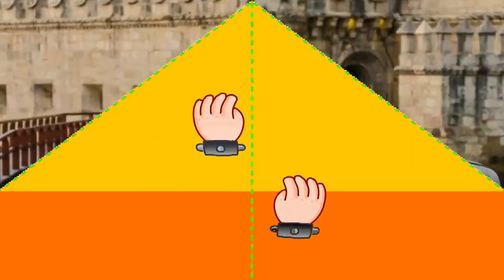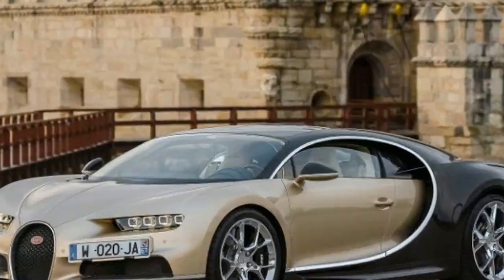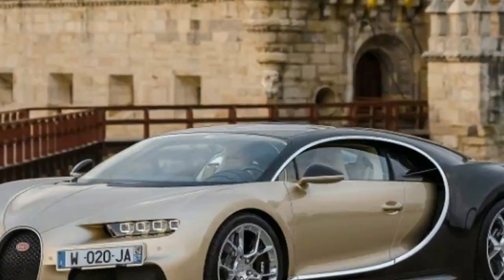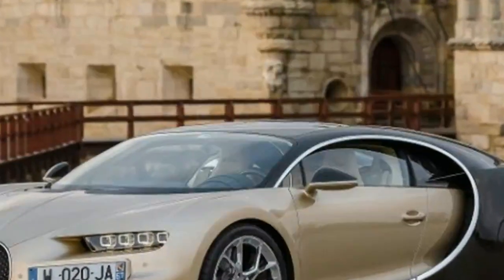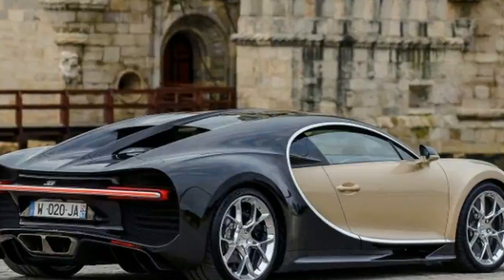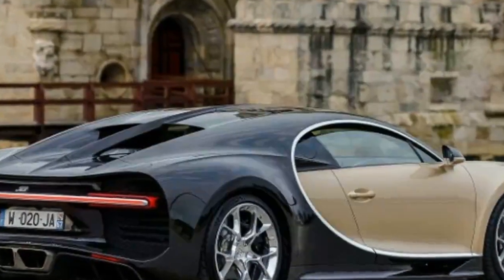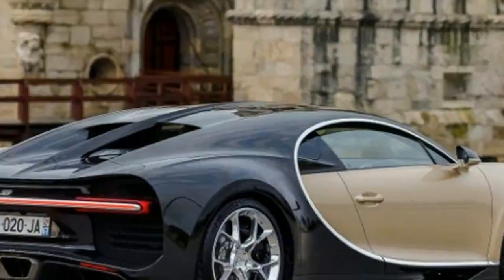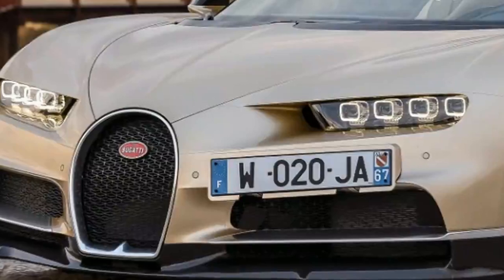For the 500 wealthy souls who will take delivery, the $2,998,000 Chiron is most certainly an emotional purchase. But it's backed by a battery of left-brain thinking aimed at making it a quicker, smoother, more involving car than its famously controversial predecessor. For starters, only 5% of the engine's parts are retained from the Veyron, the bulk of